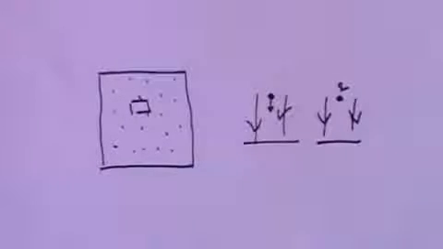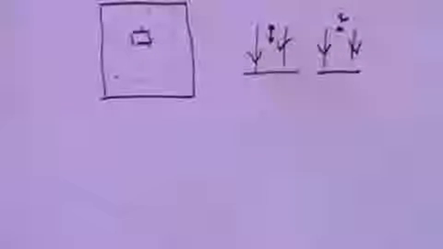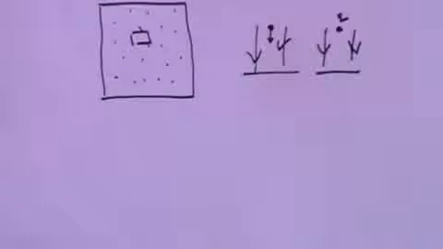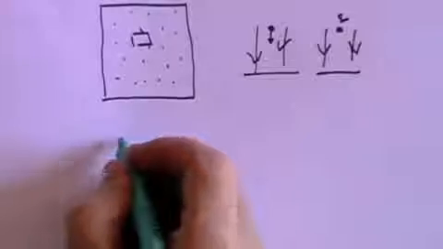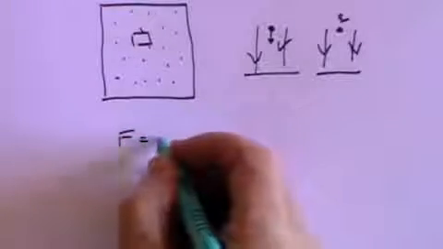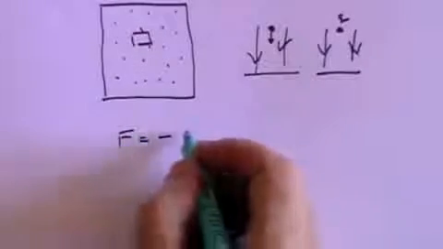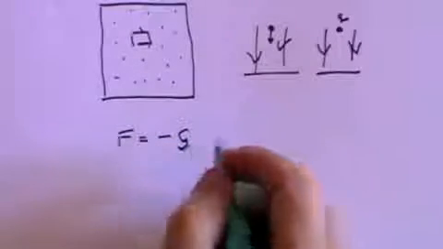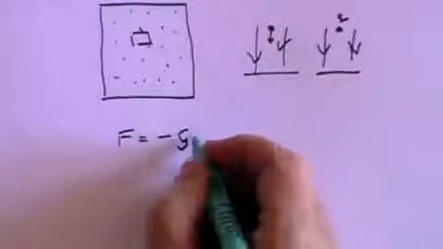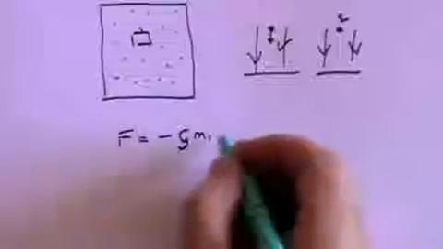Now, it was Newton who discovered that all masses attract one another, and the force of attraction between two masses is equal to minus, I'll tell you why it's minus in a moment, G, which is called the gravitational constant, times the mass of the first object times